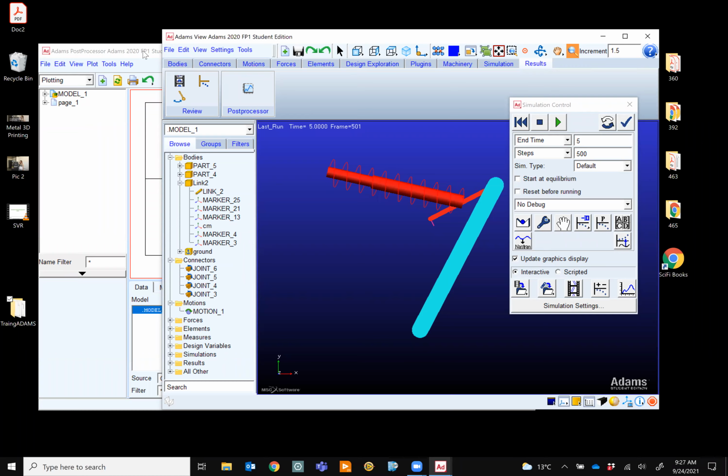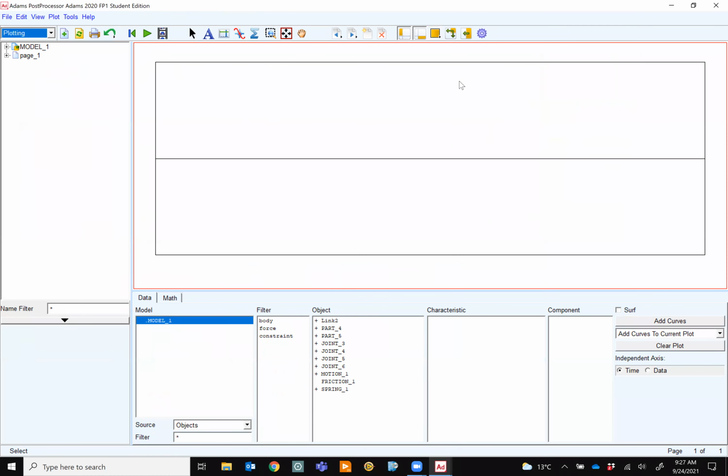All right, so this new window, which is the result, you can go back and forth between this window and the previous window. I don't want to do that because it's going to take forever. So this window is for your result. You can check whatever you want. You can check the forces in the joint. You can check the velocity, the motor power, whatever you want is here. Whatever you can think of is here. All right, this is how it works.